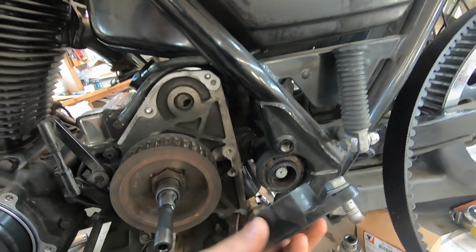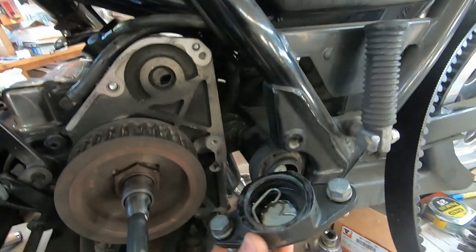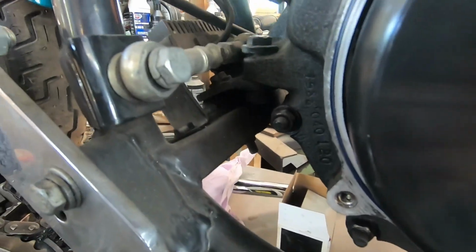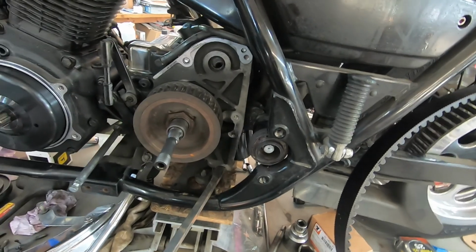Obviously the bolts are backwards, but this is what encapsulates that rear bushing. This is a rubber bushing. As you can see here, there's only one motor mount up on the front of the motor. So that and these bushings on either side are what hold that motor in place. I've got the motor loose, and